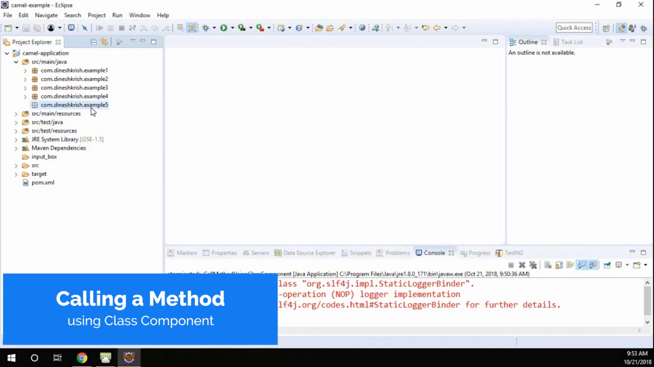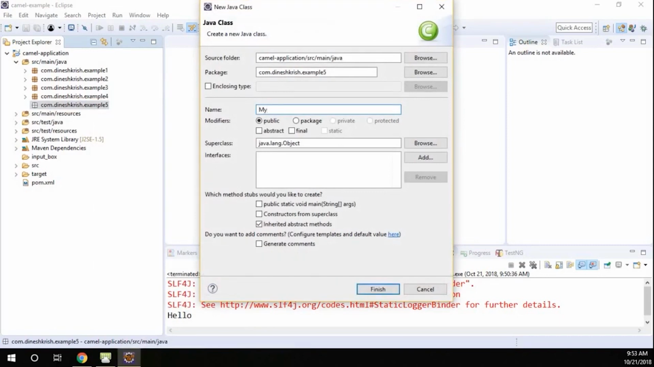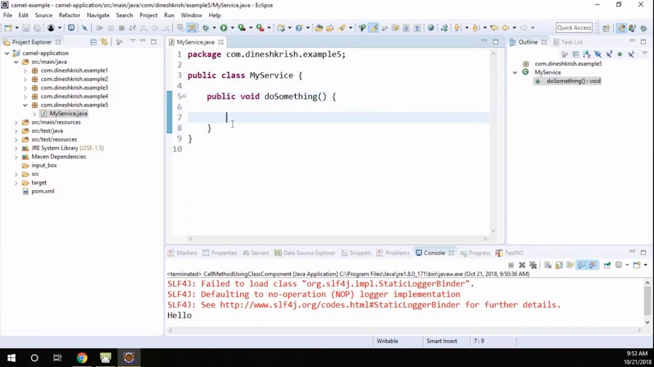To do that, first we have to create a class. I'm going to create a class called MyService. Inside MyService, I'm going to have a method, public void doSomething. So that's a method. Now I want to call this method using the Camel class component as well as the bean component. To do that,